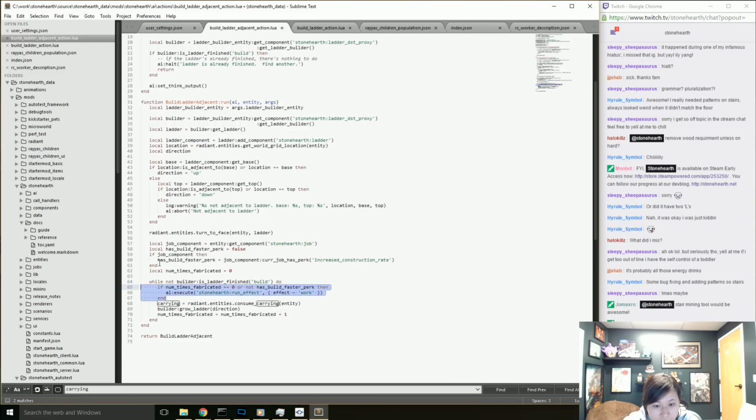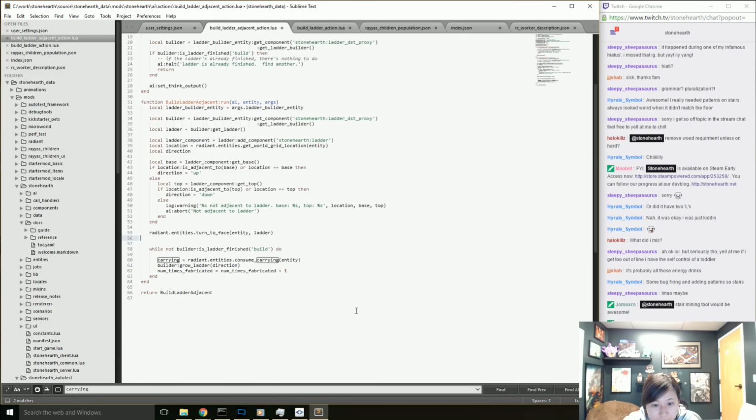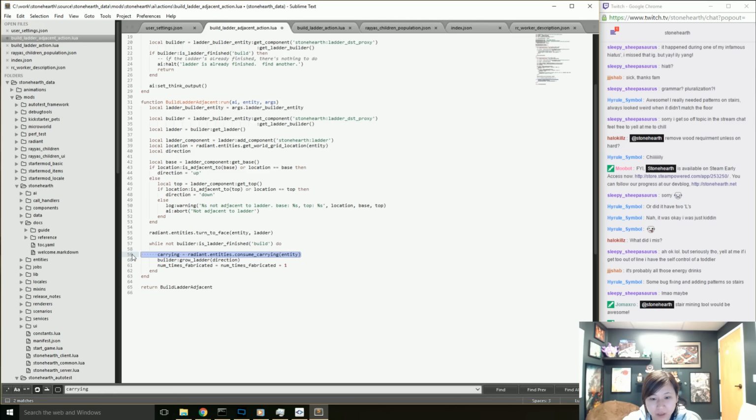We no longer need the fabricator perk. That's for when I was prototyping the architect. We grow ladder in that direction, and then